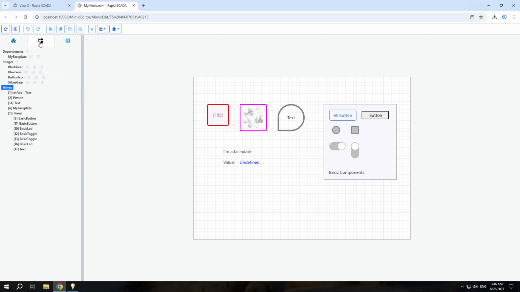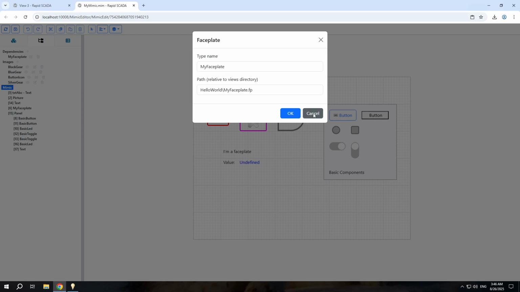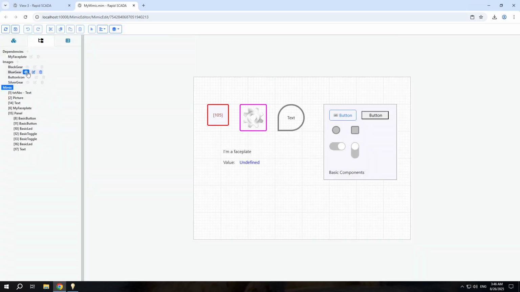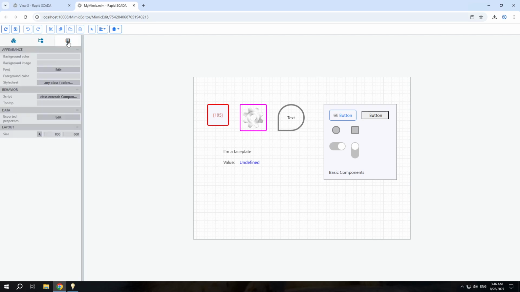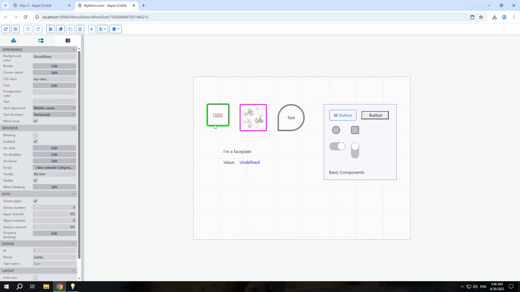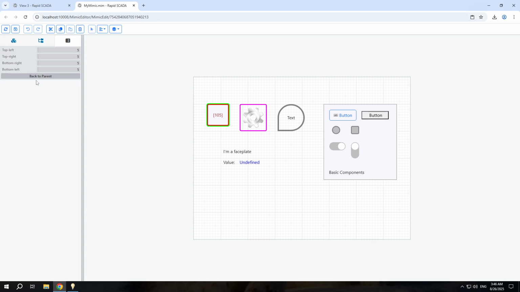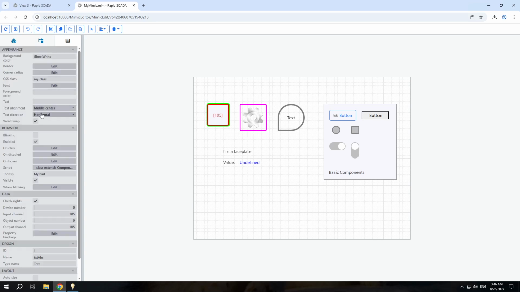The structure. Dependencies are the faceplates. Images used by the mimic, and components. The property grid to edit properties of the mimic and components. This is a text component. New properties such as corner radius, text direction,